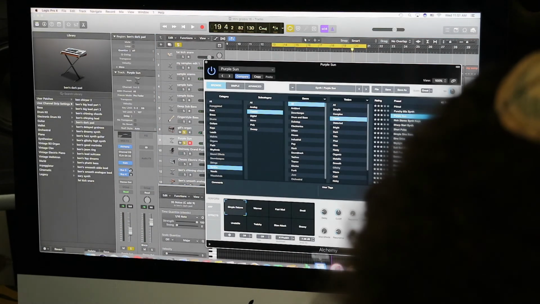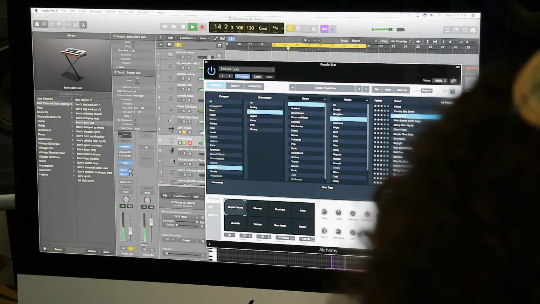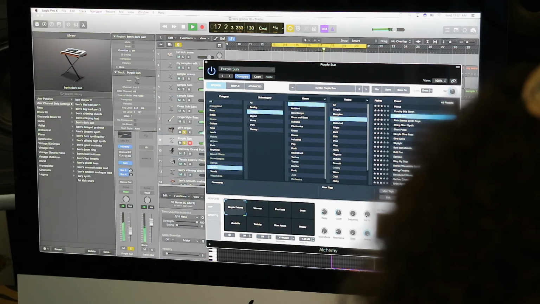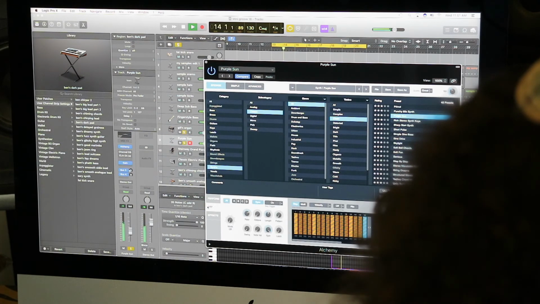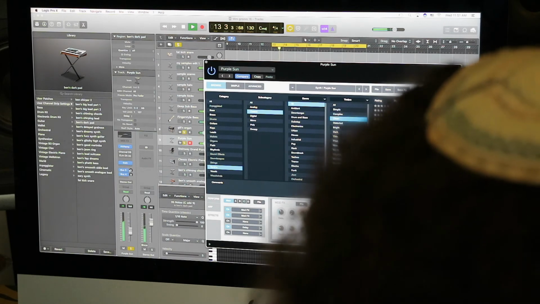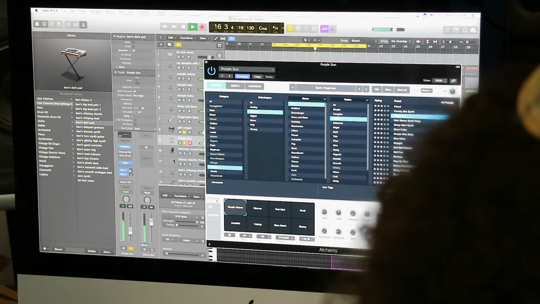Where were we? Modulation effects. You can go deep here. You can go real deep.